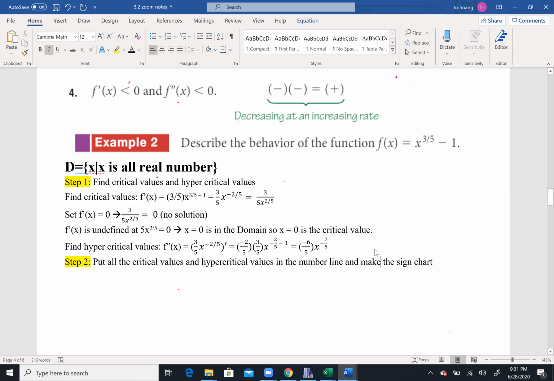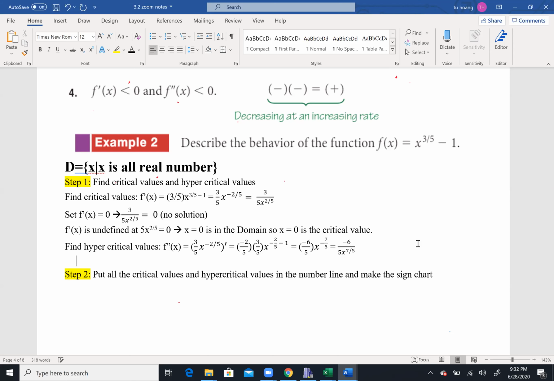Okay. And then I'm still going to change it to the positive power. So it's going to look like what? Okay, I'm going to copy it and change it. So this will be -6/5 times x to the power 7/5. And you see now,